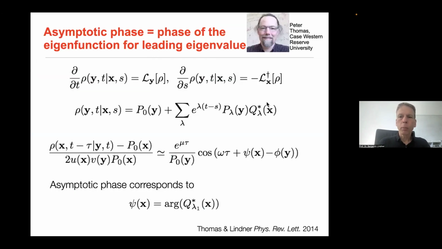Now, with Peter Thomas from Case Western Reserve University, we have worked this out and we have found that an appropriate phase description for an asymptotic phase is if we take simply the complex argument of this q lambda 1 function. So the eigenfunction of the backward operator or stochastic